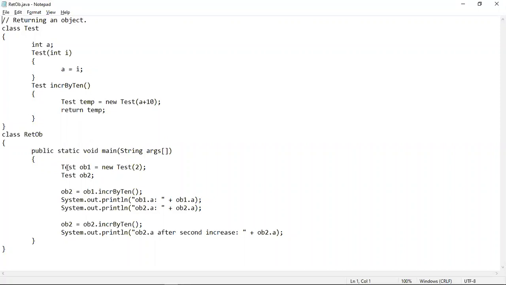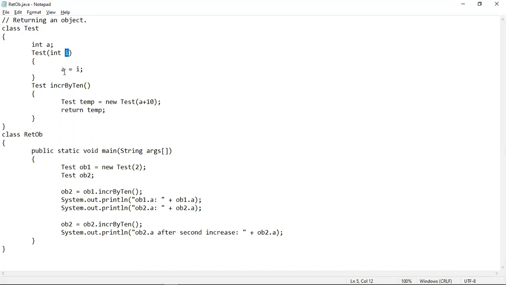Now inside this main method, we have created an object ob1 of this test class. This is the test class, which is a user defined class. And we have created an object ob1 of this test class here. And then inside the constructor calling part, we have passed a value 2. So we can see that there is a constructor body inside the test class. That means this 2 value will be passed into this constructor parameter I, which is an integer parameter, and this 2 is also an integer value. So no type mismatch is there. 2 can easily be stored into this parameter I.